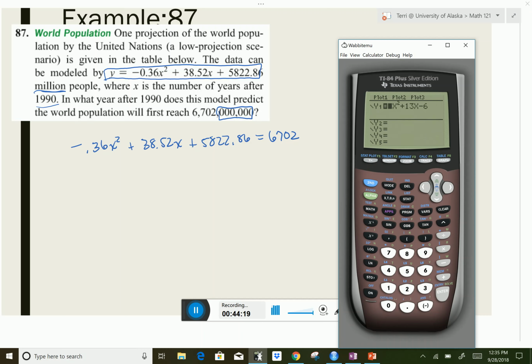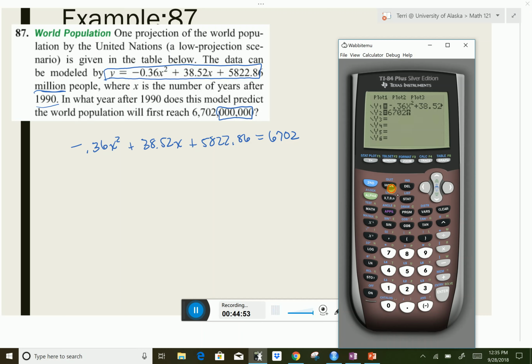And let's go into that. So negative, you know what, I'm just going to clear this. Let me make sure I get it right. Negative 0.36x squared plus 38.52x plus 5822.86. Then my other one's going to be 6702. Now I need to know where to make my window, because I don't know where to make the window